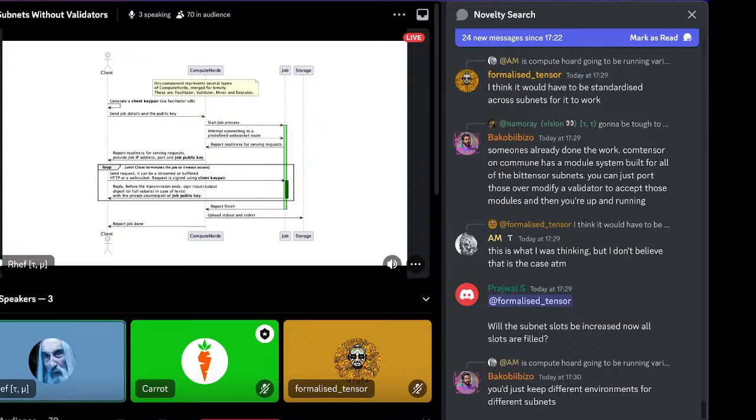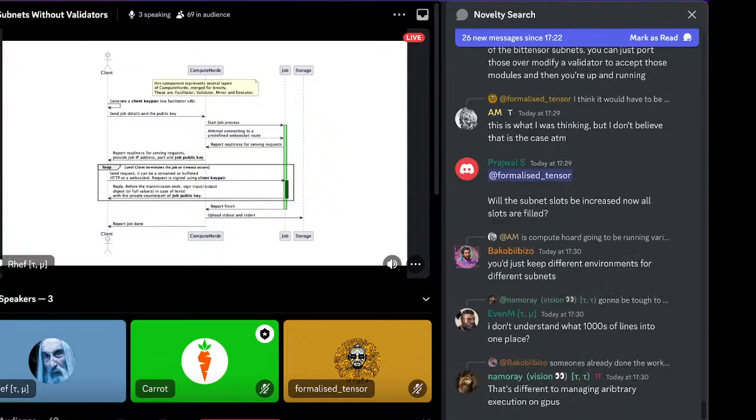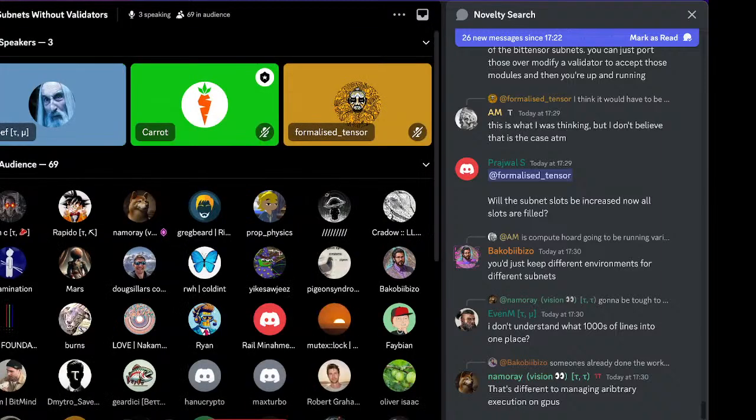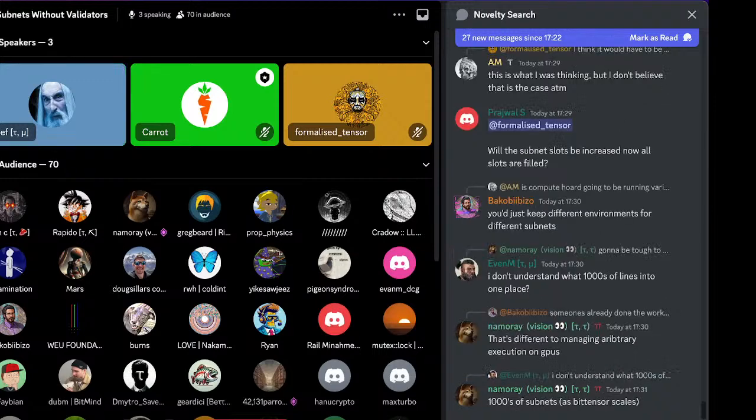Rapido says, what happens if compute hoard has an outage? Well, pretty much nothing. So the miners still have to provide the commodity, and we can evaluate 3% of it, or so. Okay, in the first version, we don't have a rich support for it, but